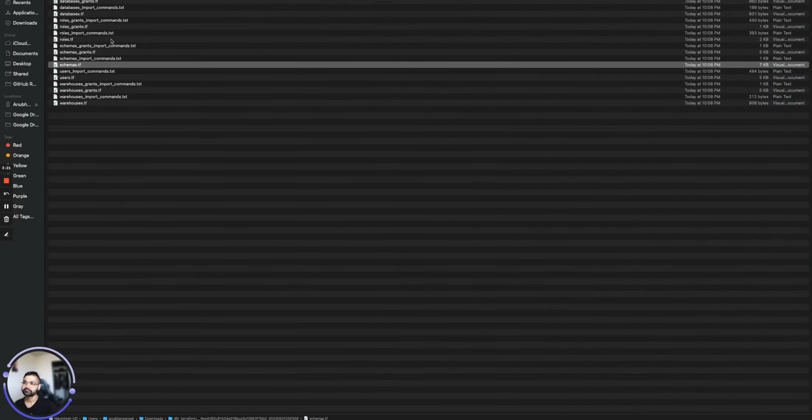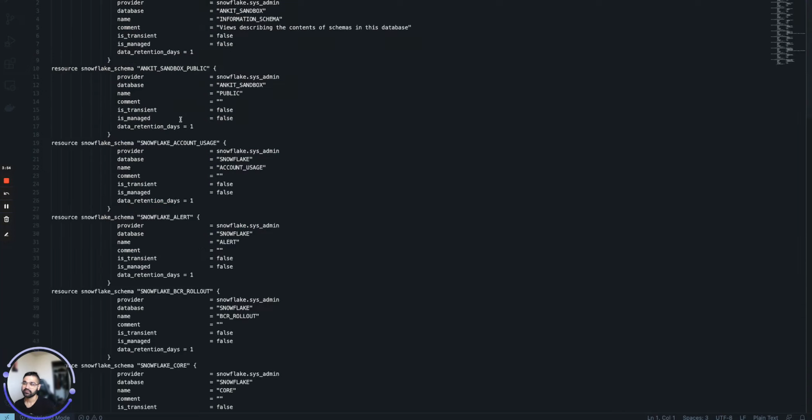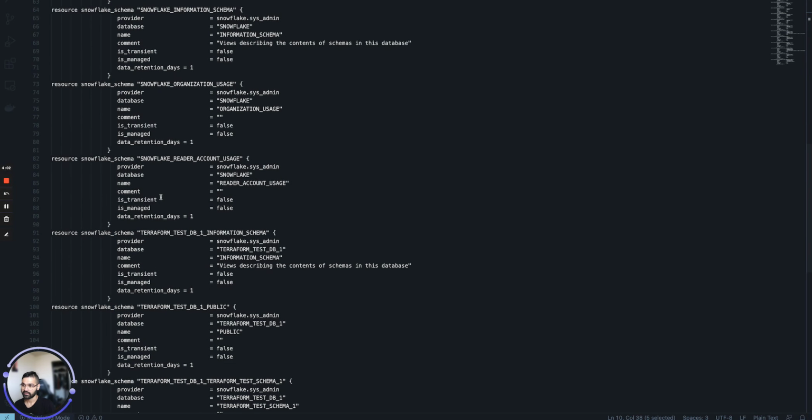As you see here, this is after unzipping the file. It gives a list of all the .tf files and a list of the import command text files. For example, if you look at databases.tf, you can see that there is a record or Terraform script for the Snowflake database. Similarly, there is one for Terraform Test DB1, which is the other database that we had. And similarly for schemas, you see that it's got the name of the schema, and all the schemas that we have to import are created as per the Terraform